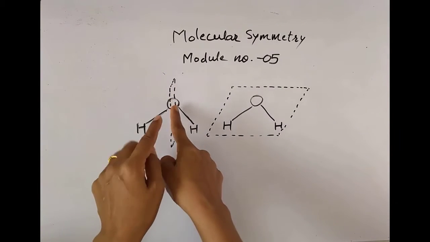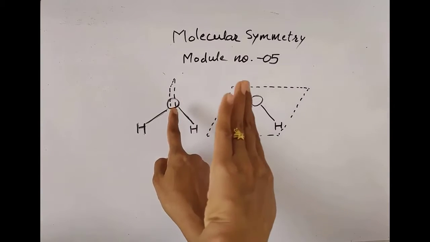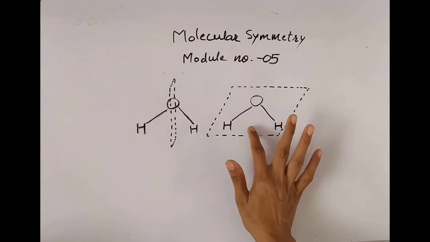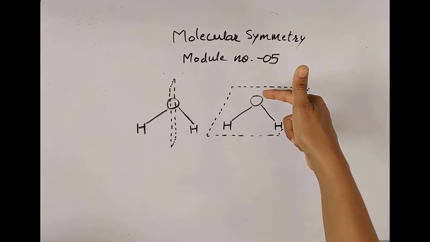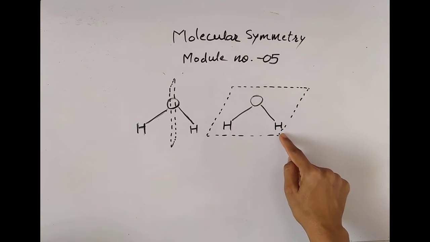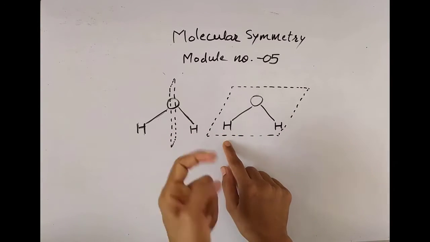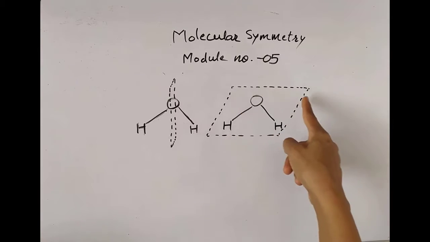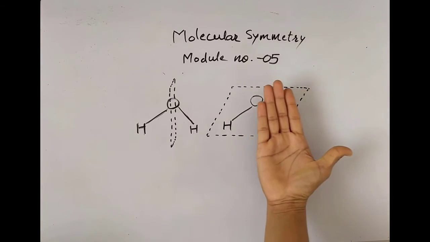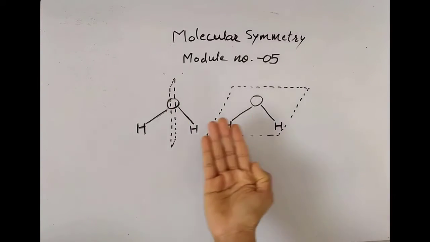Similarly, half of the oxygen atom will be on this side of the mirror and the other half of the oxygen on this side of the mirror. In this, there is a reflection of half the oxygen atom with its own other half. Similarly, this pair of hydrogen is reflected with its own other half. So in what way can we pass the plane here? Like this, which cuts all three atoms equally into two equal halves.